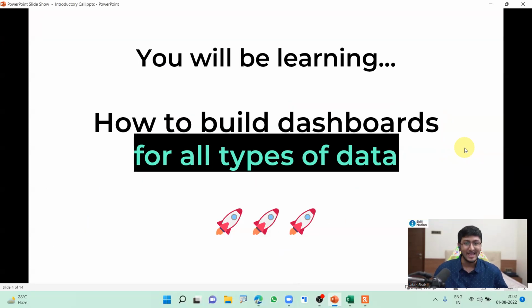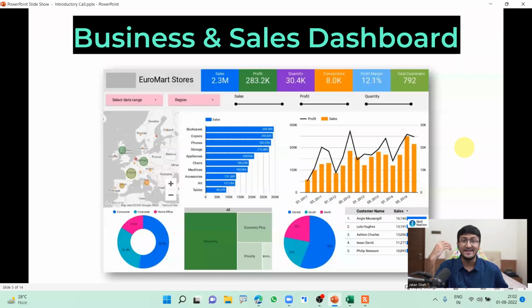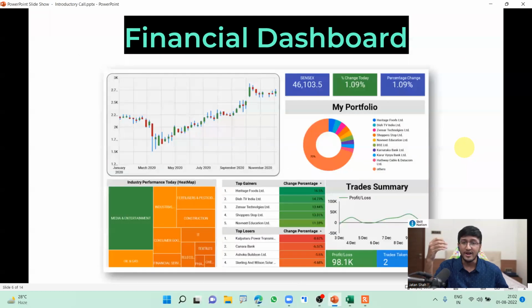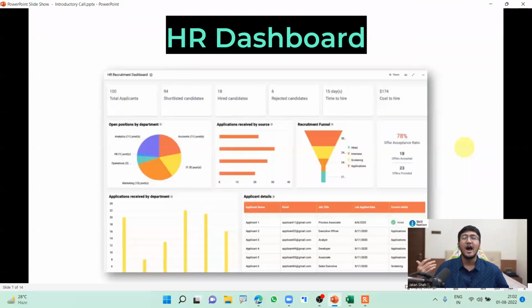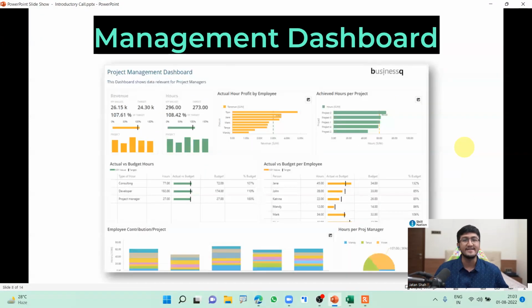Well, absolutely. As I told you, you will be able to build dashboards for all types of data, even your own data, be it a business dashboard and a sales dashboard, just like the one that you see on the screen. Or it can be a financial dashboard, just like this, to track the stock market, to track the finance of your companies, or a human resources, or even a recruitment dashboard to understand the employees, departments of your organization,